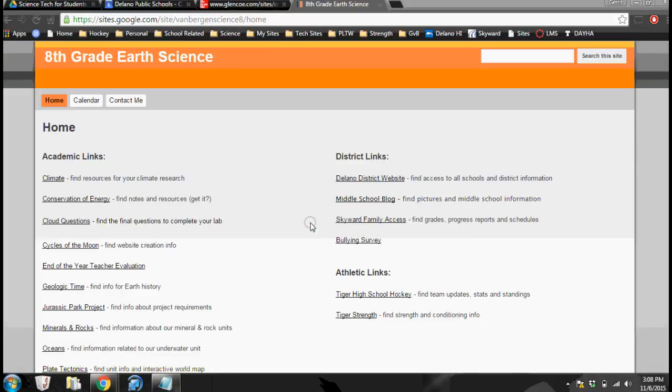Alright, what I'm going to show you today is how to embed a link into your Google Calendar. This can be used for a variety of things: website, picture, notes file, video, whatever you need to do. If it's on the internet, you can use this, and it will be a very quick process for your students